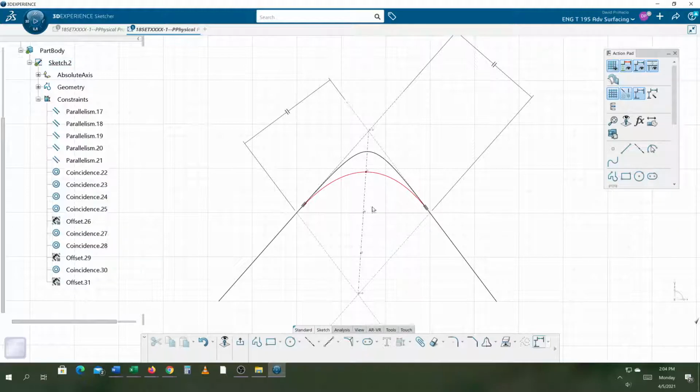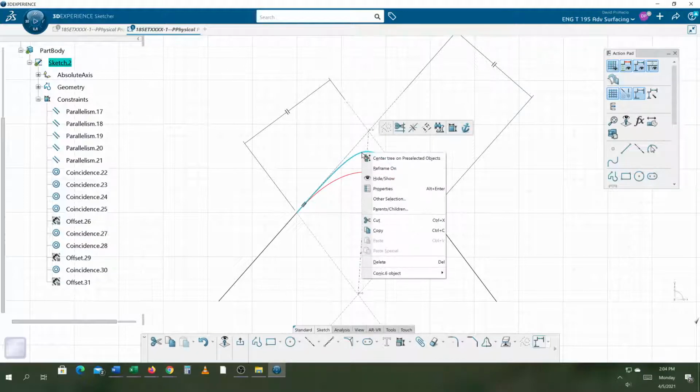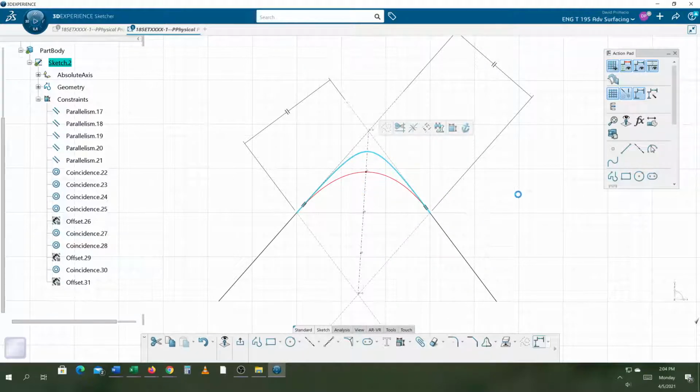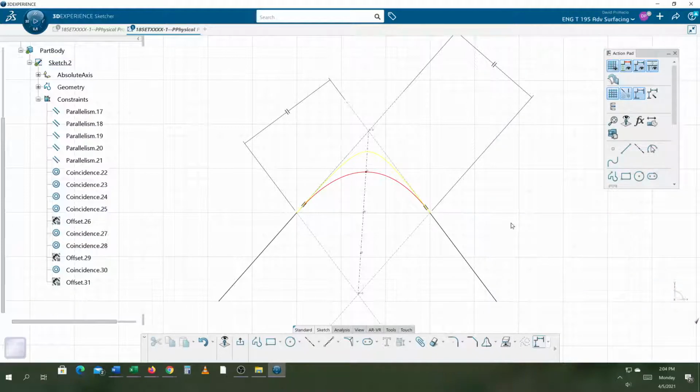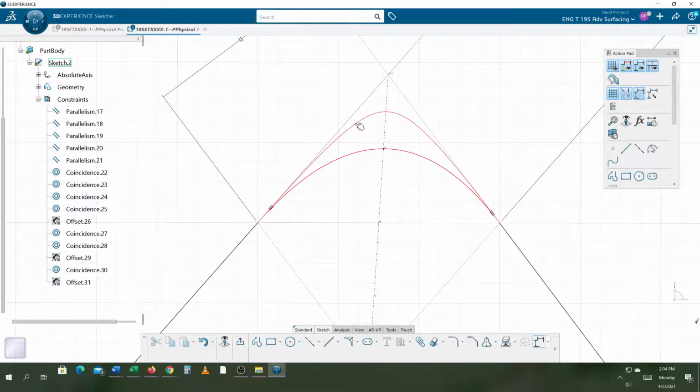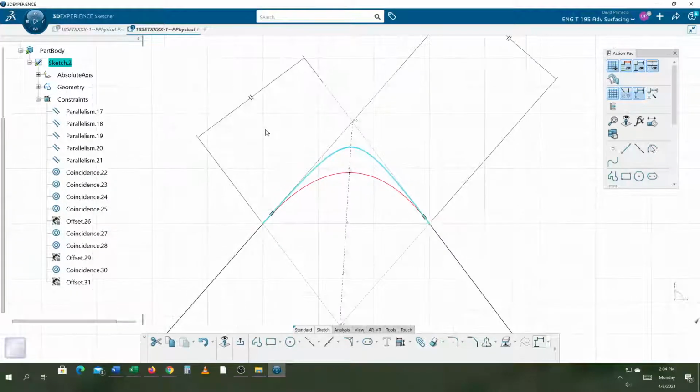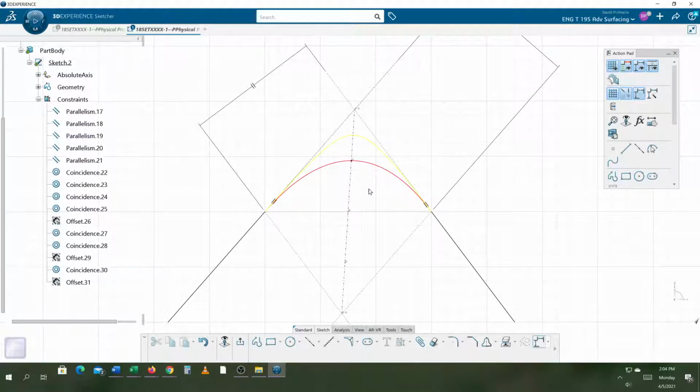For this parameter, it's measuring from here and went up 0.75. When I click on this line and go to properties, and change this color here, this yellow curve represents a hyperbola. Anything above the red curve, any conic that goes above the red curve is a hyperbola. So any curve that goes below the red curve is going to be called